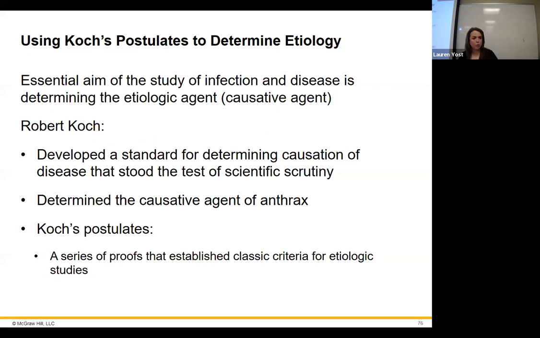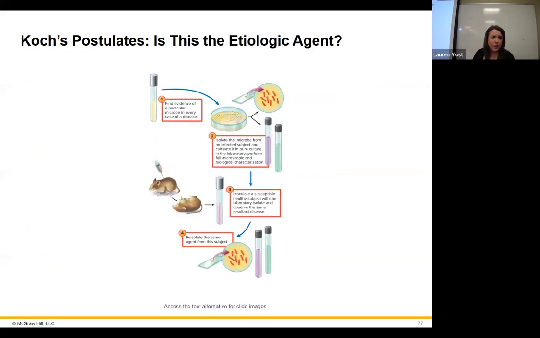Koch's postulates. Robert Koch came up with these steps in order to identify what they call an etiological agent, the causative agent of an outbreak. What he did was take a sample from a patient, plate it and separate it out. Then he took each of those different kinds of bacteria and put them into mice. If they had the same symptoms, then those were the ones he would re-isolate the organism from. And if it was the same thing, that was the cause.